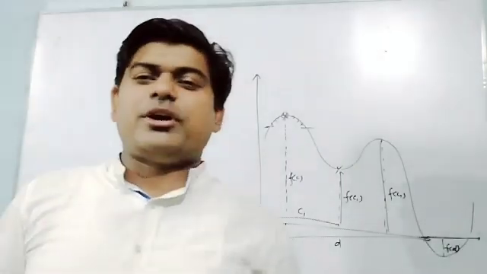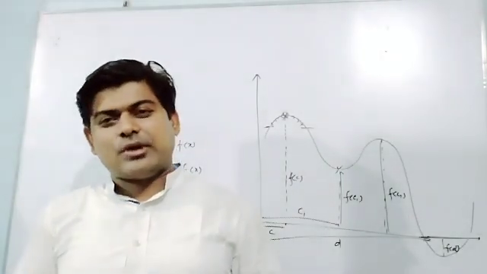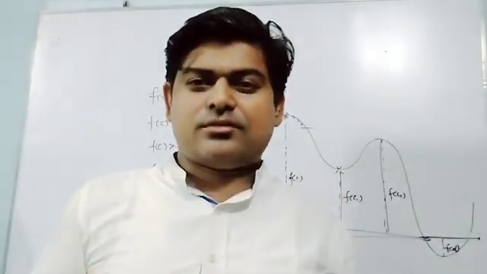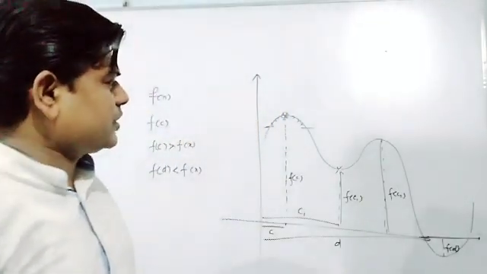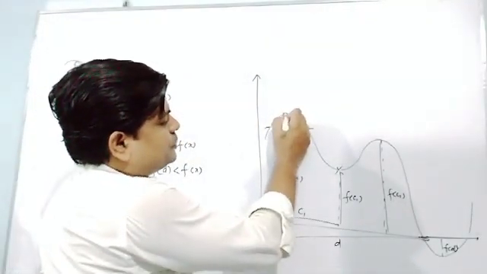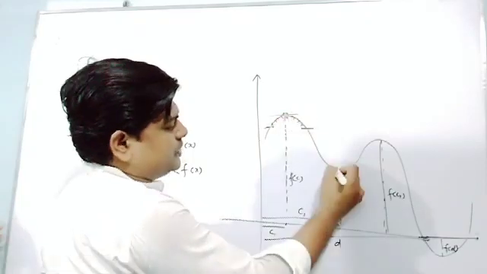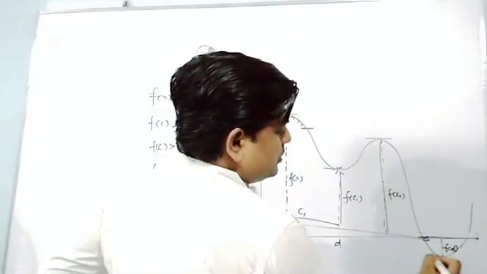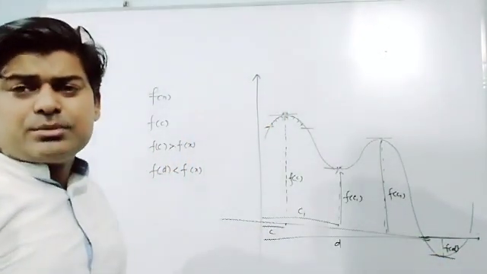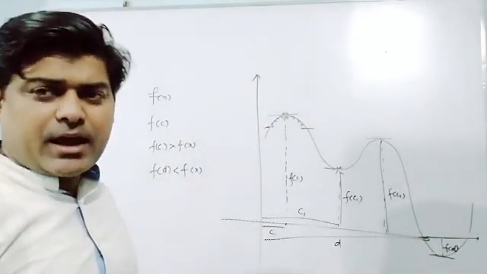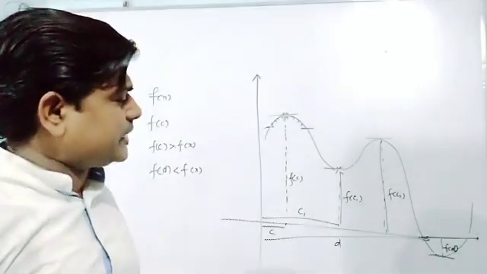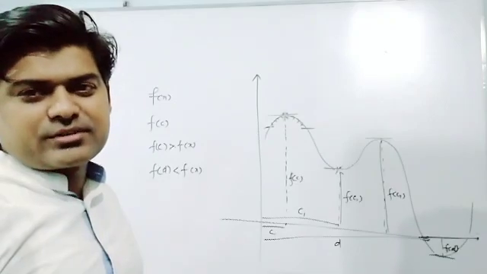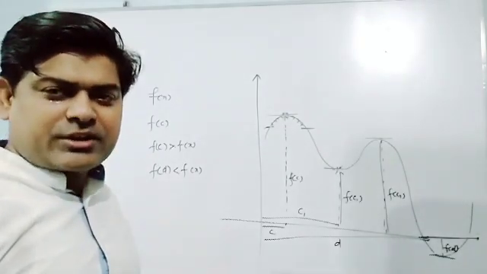Now, definitely in your mind one question should come: sir, why did we take f'(x) equal to 0 to find the value of x? Let me tell you. You can see, if I am talking about this point and here I draw a tangent, and at this point I draw a tangent, here I draw a tangent. All these tangents are parallel to the x-axis. And if they are parallel to the x-axis, definitely their slope should be equal to the slope of the x-axis, and that is equal to 0. So f'(x) will be 0.